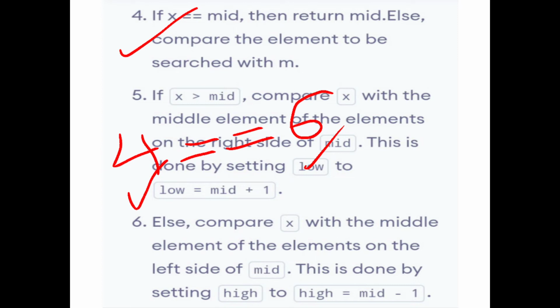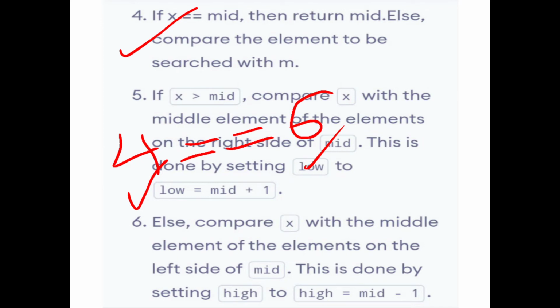Can you clear this idea? First check the comparison, that means the key element is exactly equal to the mid element. Which element is being searched? That is the key element. So that element must be equal to the mid element. If it is equal, then you have no further task, that means it is already found, and the process is over.